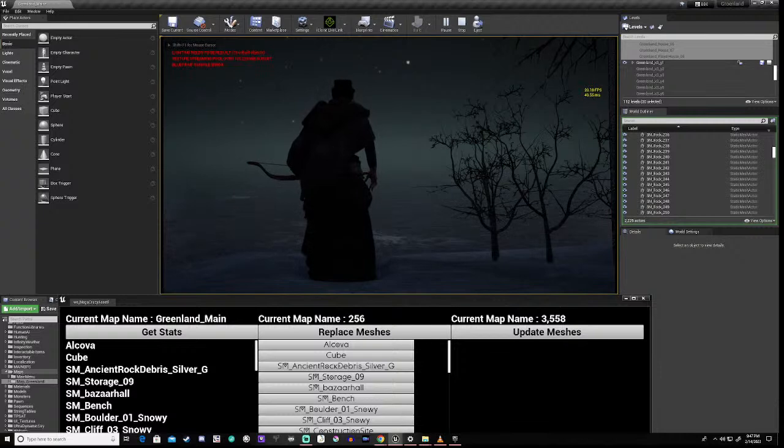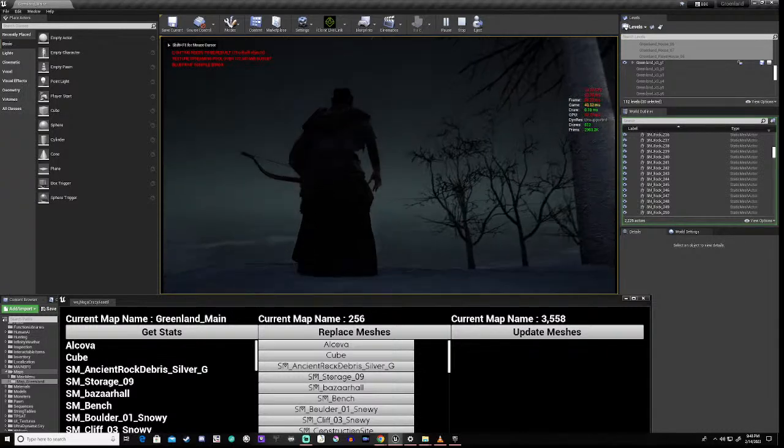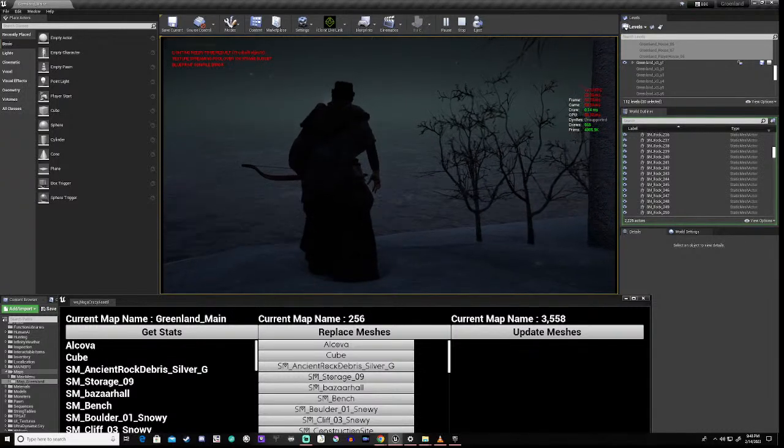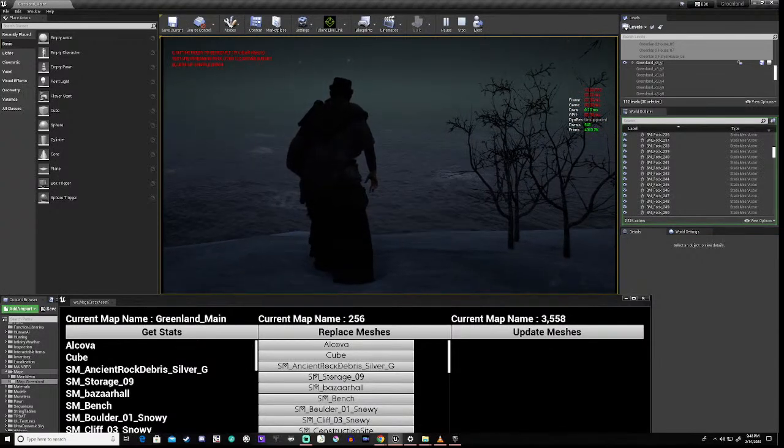That's going to give us our start FPS, and then we can say start unit. And if we can, we're going to be trying to get that draw number down, the game number down,